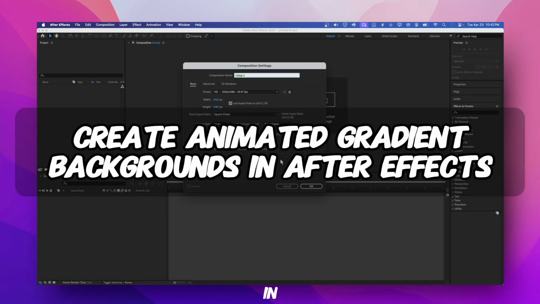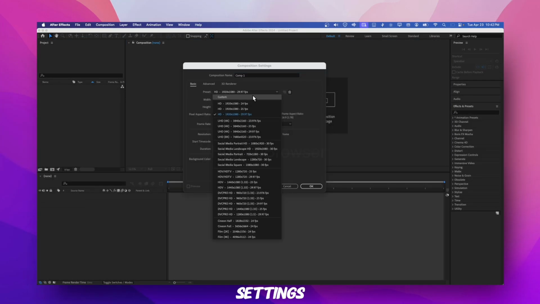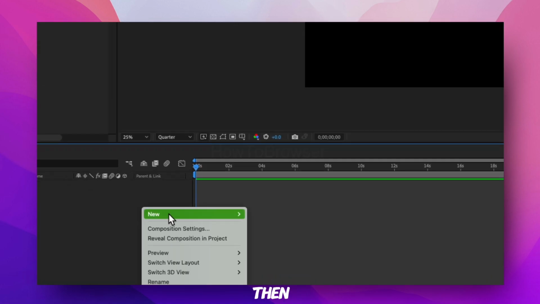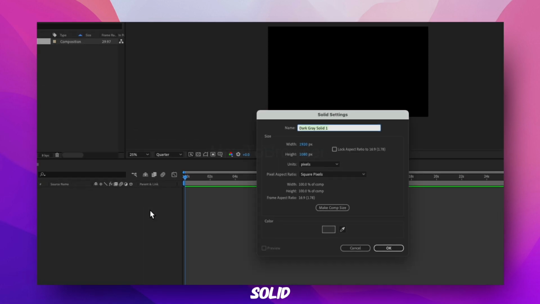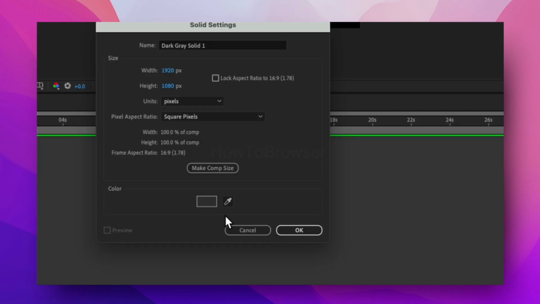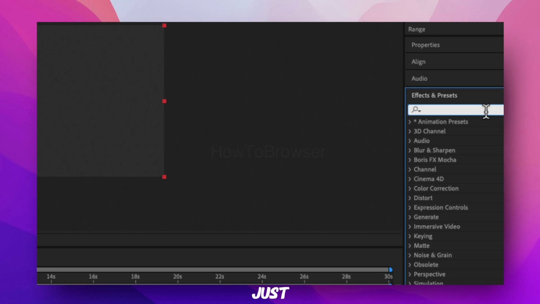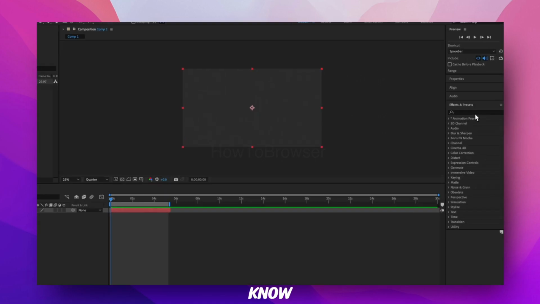New composition, and here I'm going to use these settings. You can use whichever resolution you want, and then okay. Then we right click and select Solid, then I click OK. Then we're going to go to Effects, and in Effects I'm just going to write